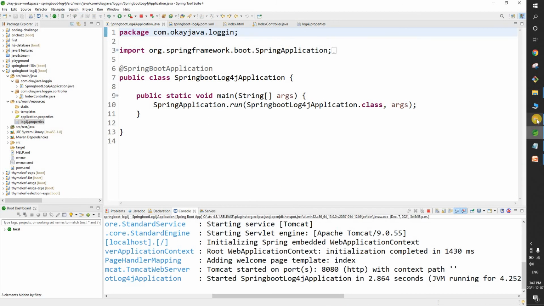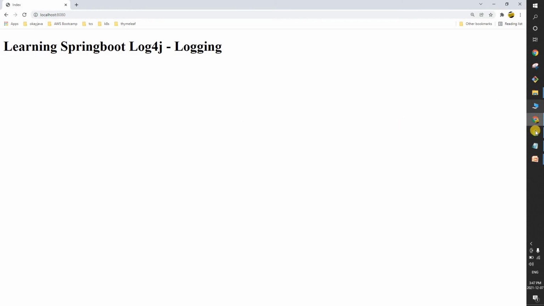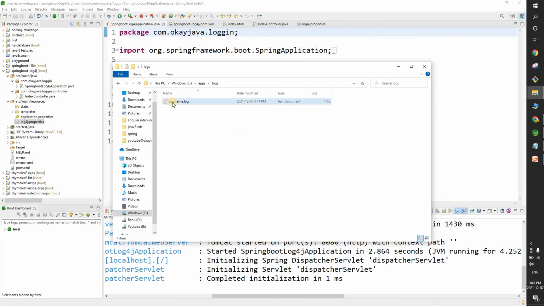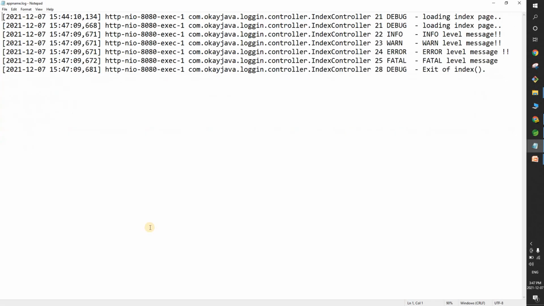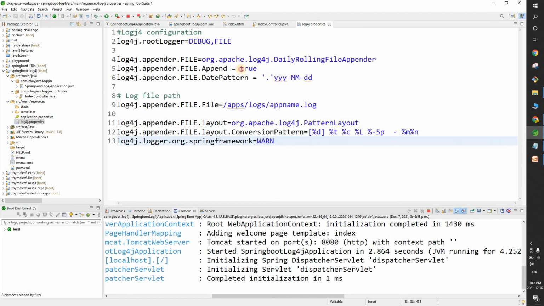Okay, it says your application has started. Let's go and refresh. Let's go to file appname.log. So what do you see now? See here, log level debug. It is appending the logs. Why? If you go and check the log4j properties, you have mentioned append equals true. So it will keep on appending the logs into the same file.